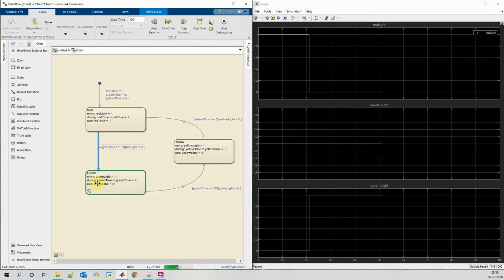Then control will go back to the previous state. It will execute whatever is written into exit of previous state, and then control will move to the next state. So this is how state execution takes place in state flow. The rest of the things will execute in the same way.